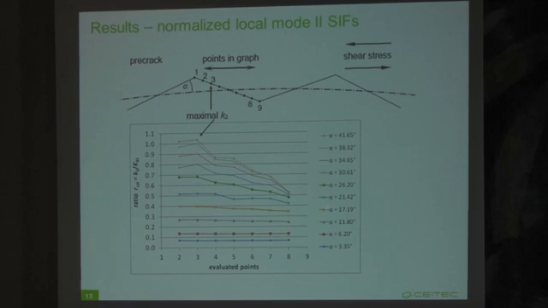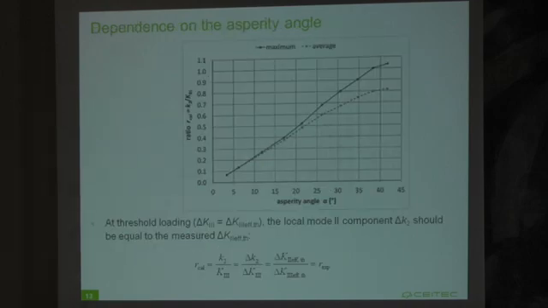And we can see that already for an angle of 40 degrees, we obtain the ratio of 1, which means that the local mode 2 stress intensity factor is as high as would be the mode 3 stress intensity factor for a straight crack. This is quite a high component. And in this diagram we see the dependence of the local mode 2 stress intensity factor on the angle of the asperity. And from this dependence we can analyze the